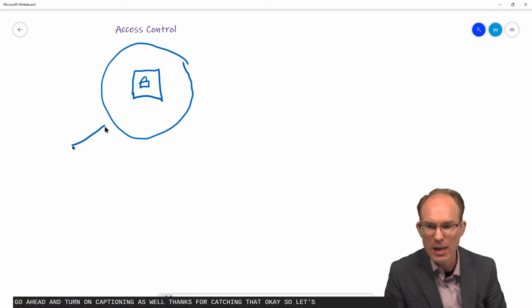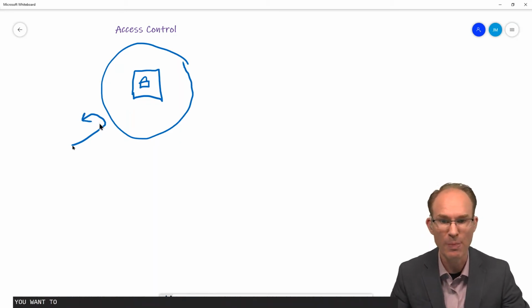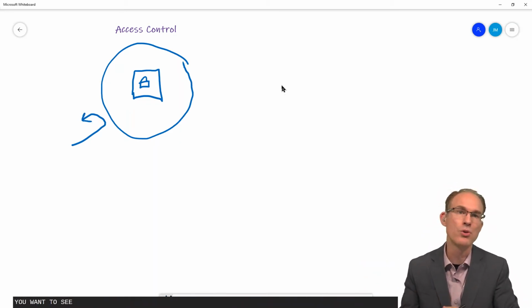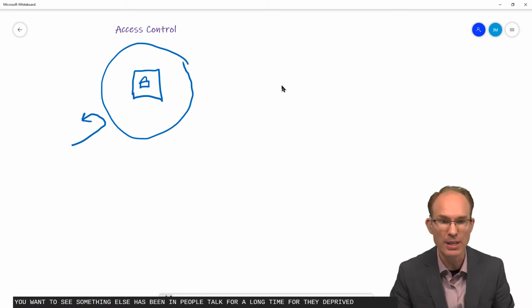Okay, so let's say that we have somebody who attempts to access, but they can't get through the firewall. They don't have access control. Of course, they get bounced, right? So that's what we want to see. Okay, great. So that's access control, but something else that's been in PeopleSoft for a long time for data privacy